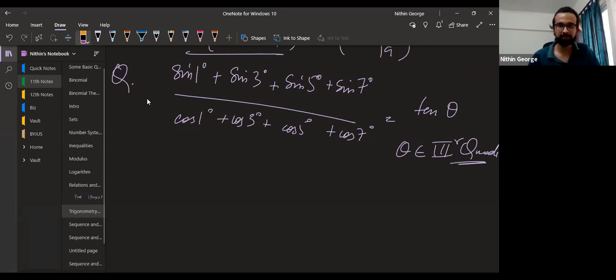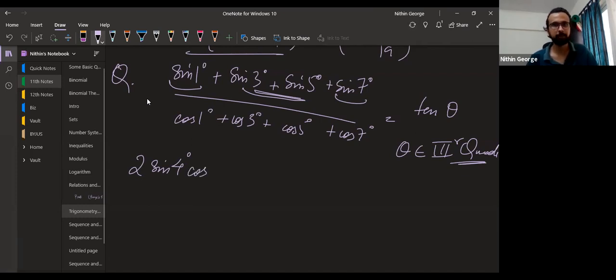So what you do first is you club the angles where the sum is the same. This is 1 plus 7, 8. This is also 3 plus 5, which is 8. So sine 1 plus sine 7 is what I calculate first. That becomes 2 sine 4 degree, cos of this minus this by 2, which becomes 3 degree, plus the remaining is 2 sine 4 degree, cos 1 degree, divided by 2.